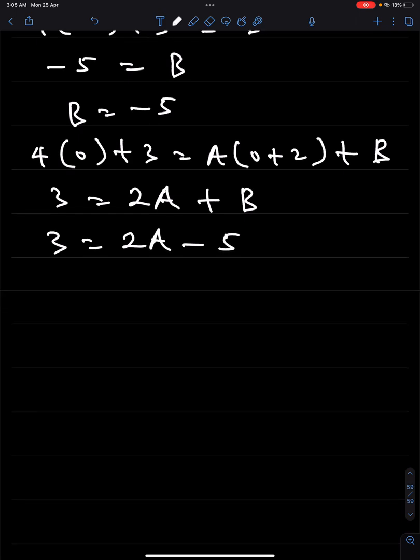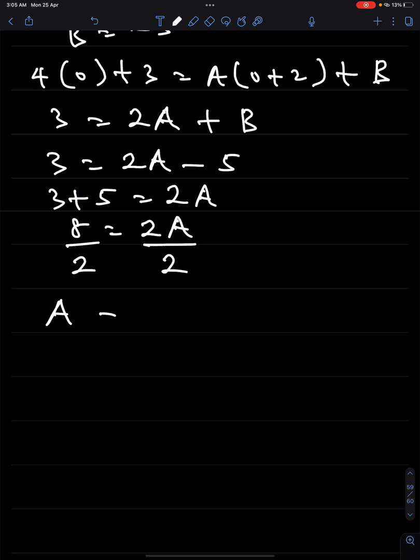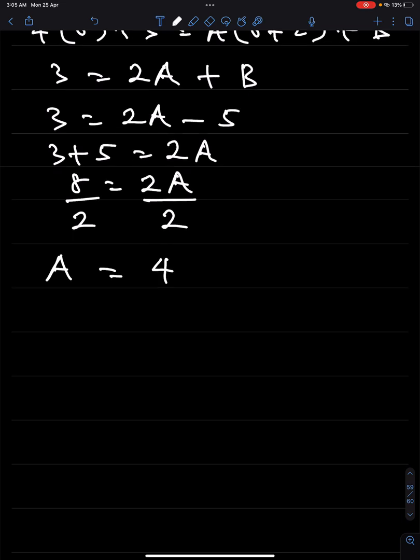If I bring the minus 5 to the left hand side, it becomes plus 5. So 3 plus 5 equals 2a, and that means 8 equals 2a. If I divide both sides by 2, a will be equal to 4. So that simply means